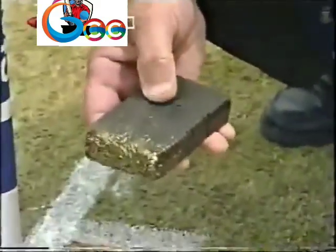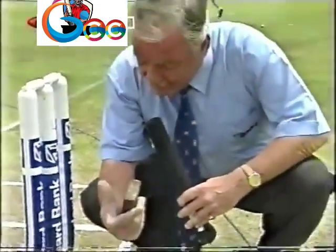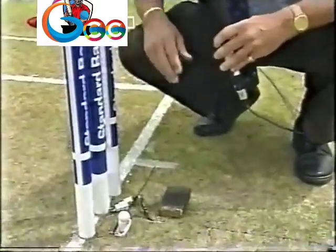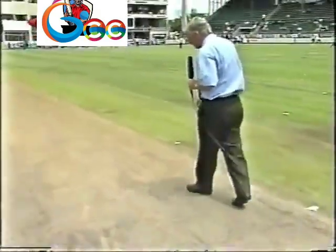I know it looks black and wet, but that's the bully, and that should come off on my thumb if it were wet. So that just verifies what the groundsman says, that the surface is really pretty dry. Let's now look at the surface, move along here to roughly a length bowling towards the duck pond end, and